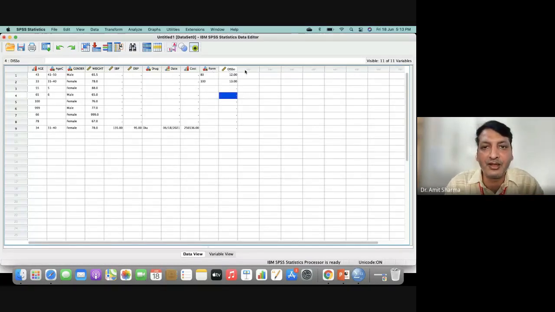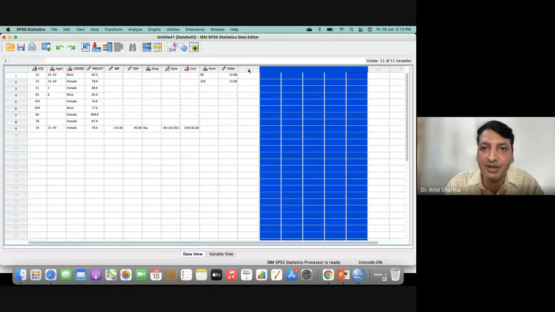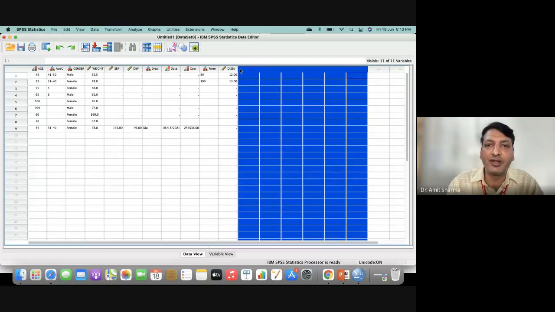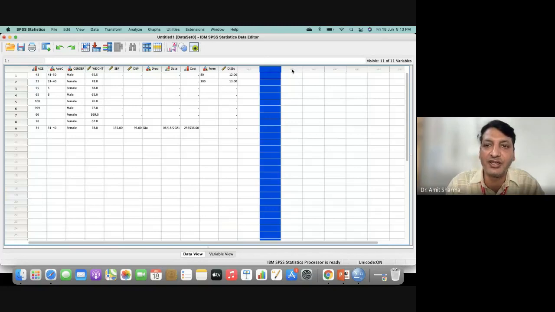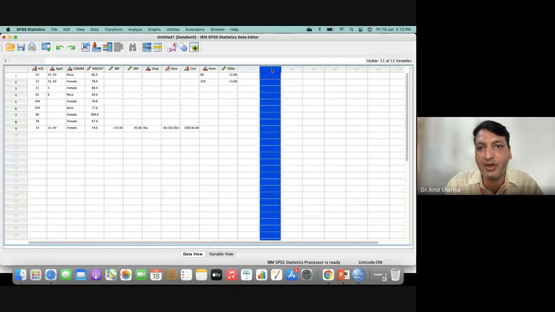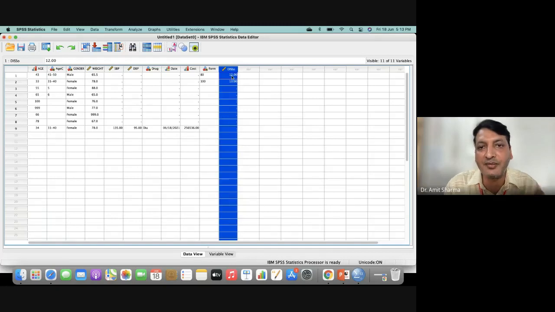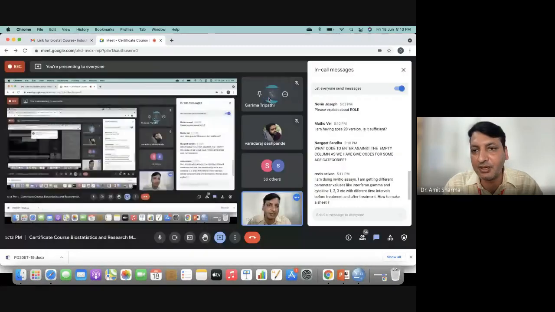So if you have 6 or 7 parameters to evaluate, you have to make 6 or 7 different variables. For example, this is dissolution, this is viscosity, this is for surface tension, this is for another variable, hardness of the tablet or whatever. So for each particular parameter you have to make a separate column, but groups will remain the same. It will be something like a group. Clear? Any other person?